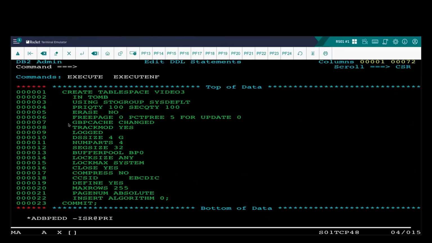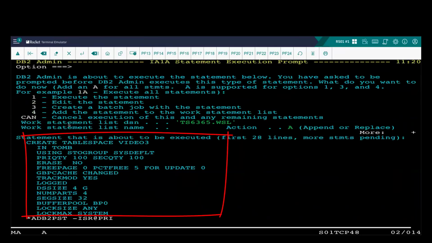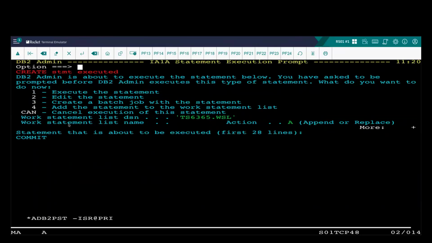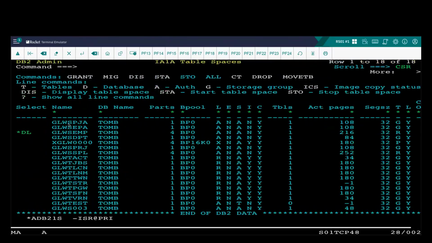Again, it's the same screen that I see, and I could keep adding to it. So let's just execute, and there we go. That's now executed. And if I do a refresh, there we go. Video 3 is at the bottom. See, it's taken all the attributes of the previous one. So let's have a look at the other way of doing it,